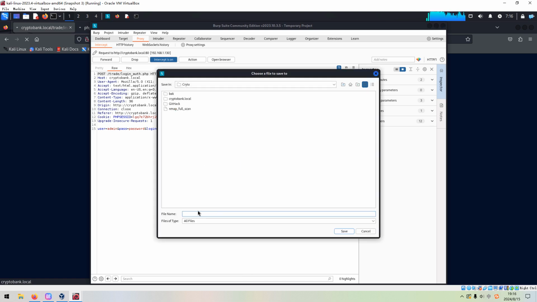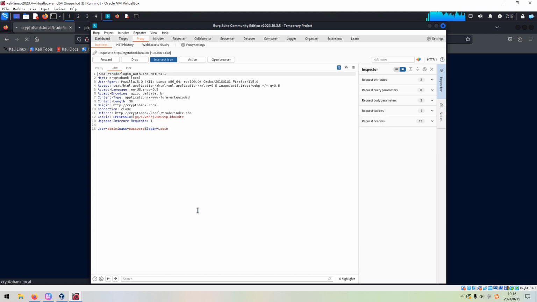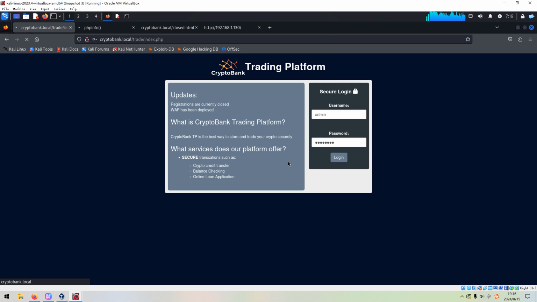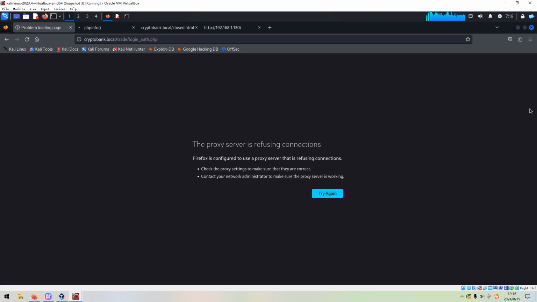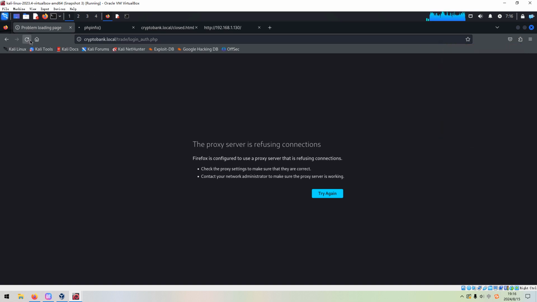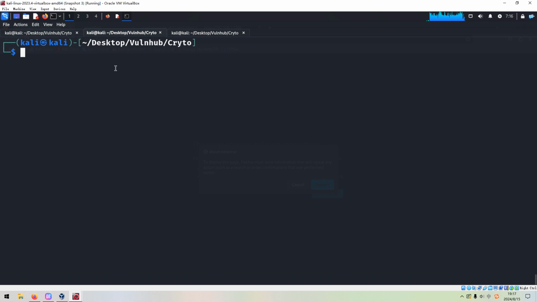We can name it req, and we can close up the other SQLMap because I don't want to waste my very precious resources of Kali Linux. And we can refresh, and then we can use sqlmap with the -r option to specify the request and the level, and we can use --dbs with the batch option.